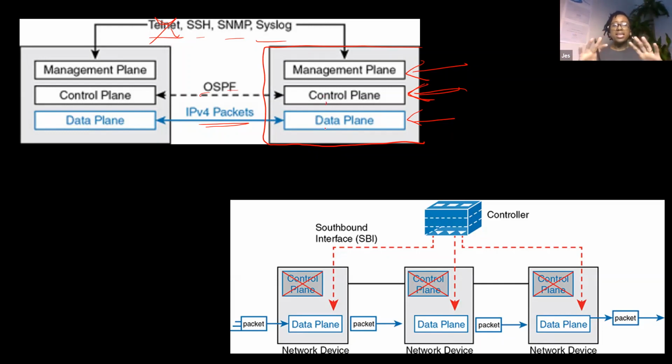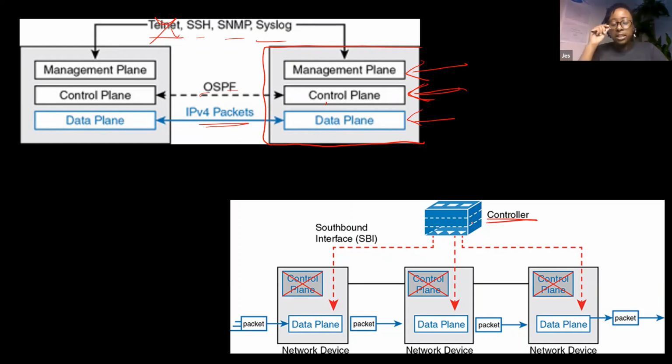Okay, that is the planes that are in every single networking device. And this is how we're going to describe how automation and programmability actually is going to work, because we have these three planes in each device. So why not have a controller, right? A centralized controller, or